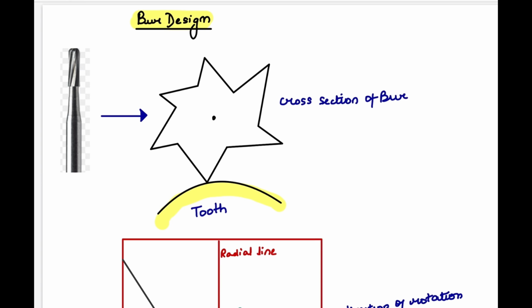In this video we will be covering the burr blade design. Let's understand the three different types of angles, what is rake face, what is clearance face, and all the angles involved and their significance. So this is part 1 of the video.